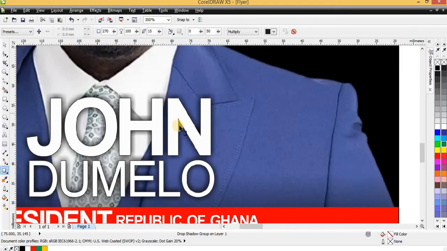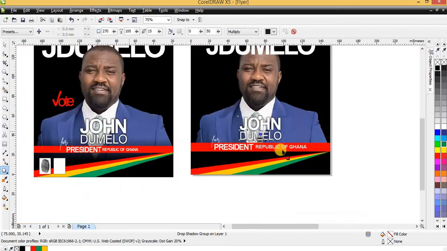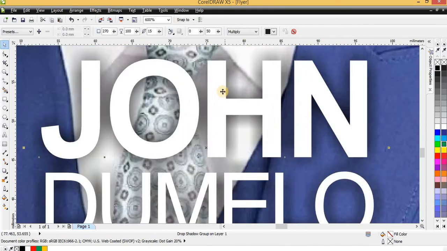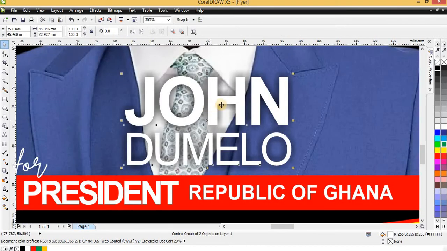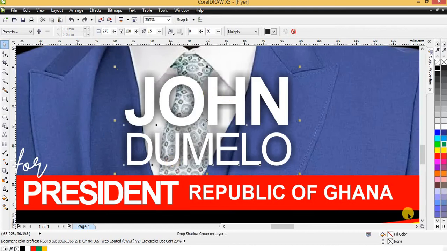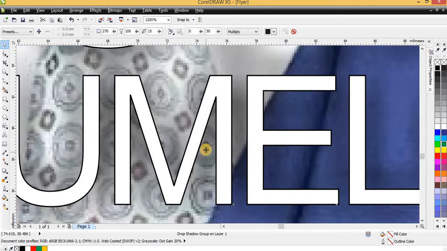Looking at this too, you can see that this thing has a little outline by the corner, so I have to get back to make this thing have an outline. Let's see, this John Dumelo, so I have to give it a black outline, just a little. I should be able to carry it